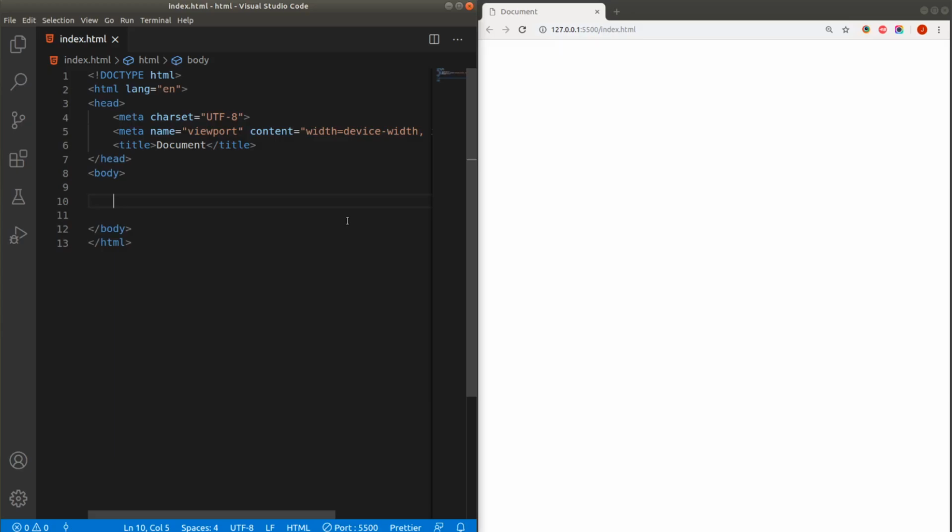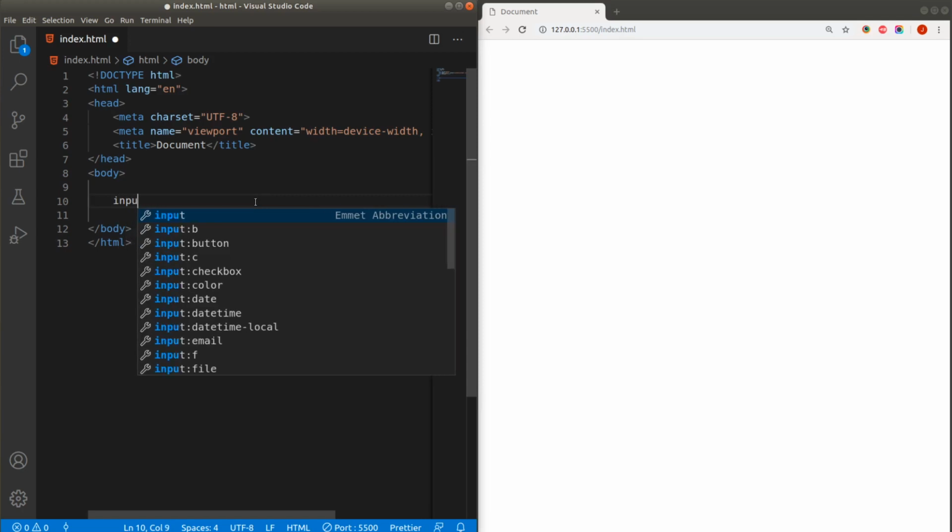Let's start. So friends, whenever you want to gather some information from the user, we use forms in HTML. You may have seen different types of forms in different websites. But before going to learn forms, we will see the basic elements needed to add a form. So we will start with the input element, that is the text box. So let's see how we can add a text box in our HTML.